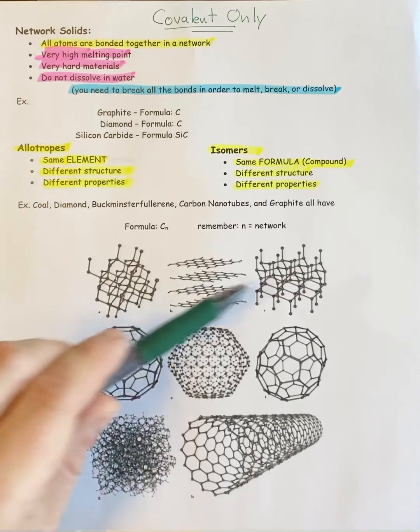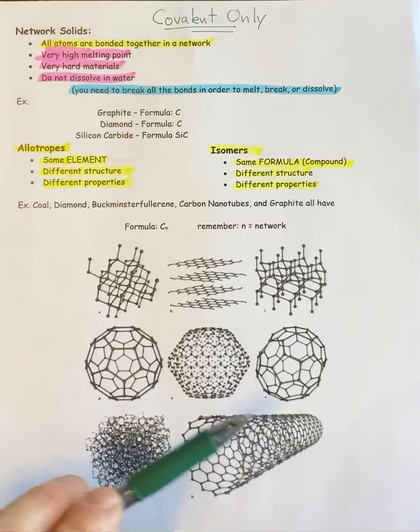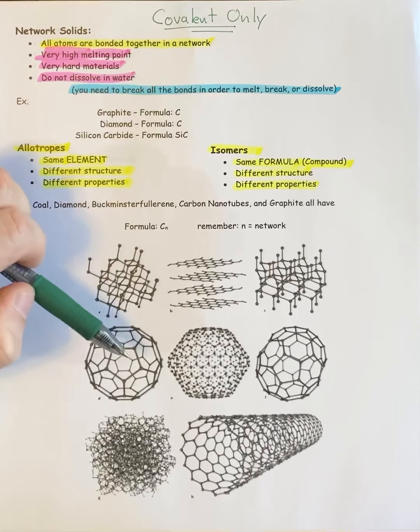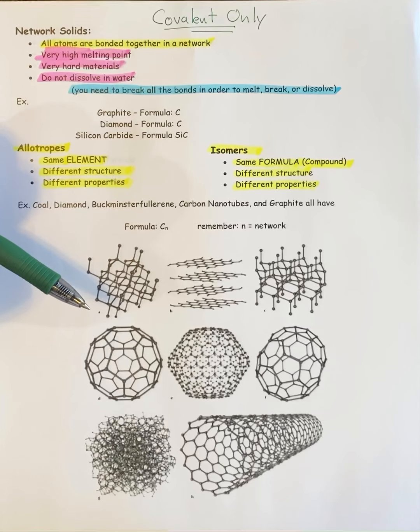If you look at these on the bottom, these are examples of network solids. I have some model kits that I can show you in person about network solids. But here's the idea. Since all the molecules are covalently bonded together, and covalent bonds are pretty strong, these things are like indestructible. They have incredibly high melting points, some of the highest in the world or in the universe. They are very hard, some of the hardest materials in the universe,